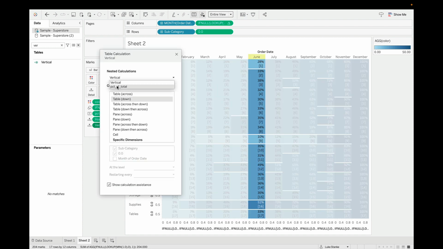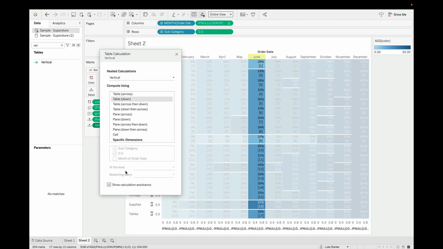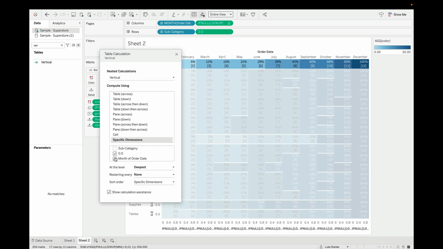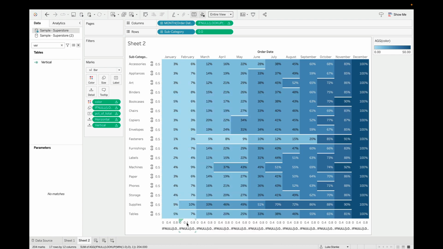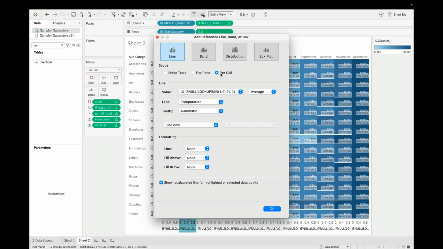If you remember before, percent of total goes across. The horizontal went down. We actually need vertical to also go across here. So now we have 2 acrosses occurring. That's just how we want it to look. Now I can just right click, add a reference line. And I know I did this fast before, so I'll do this one a little bit slower. But per cell, we're going to use this